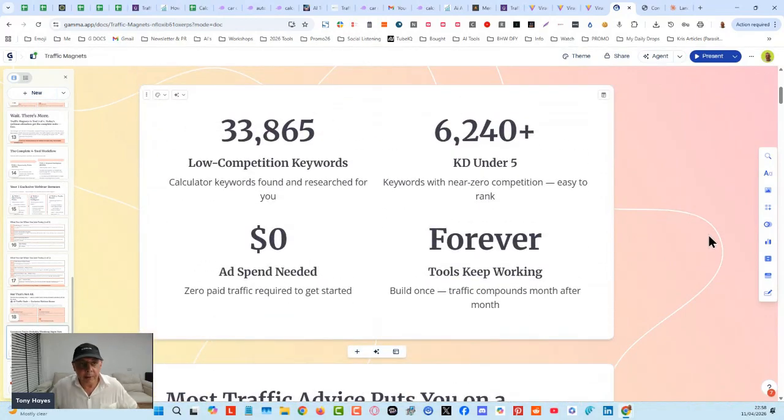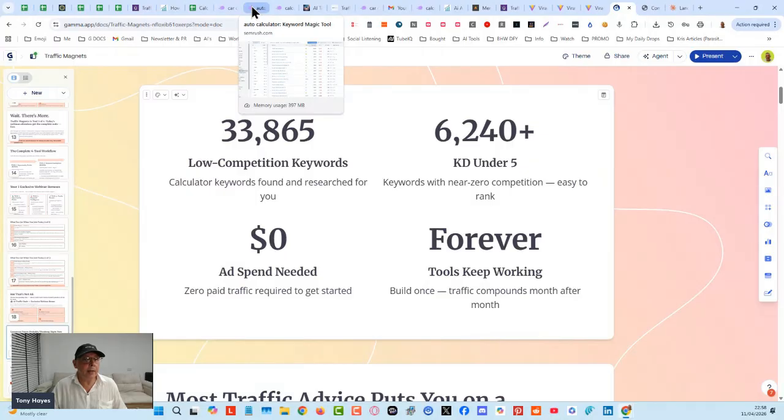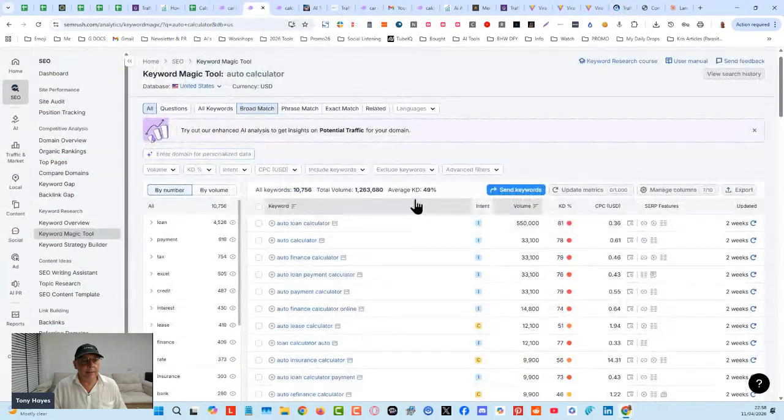So we found by looking in SEMrush that there are tens of thousands of keywords that are either easy to rank or very easy to rank. You do not need to get SEMrush. I have scraped about 33,000 keywords right now, and we put them into a tool called Keyword Intelligence, which you get as a bonus with those keywords already in there. Okay, let's show you Keyword Intelligence again. Just open this up.